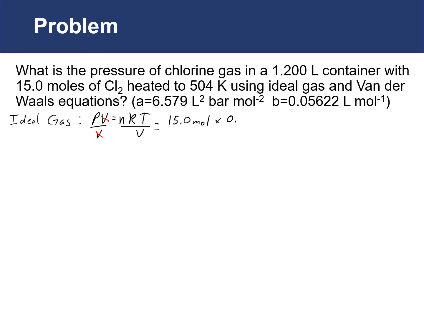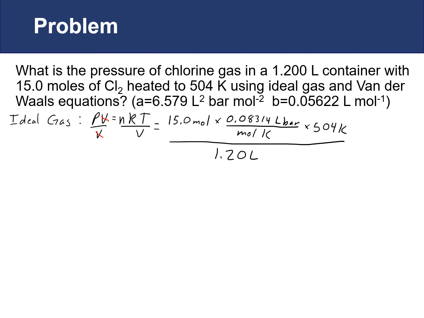So we're going to be using 0.08314 liter bar per mole Kelvin. Okay, and then I'm going to take this, multiply this by our temperature, 504 Kelvin. Take all that and divide it by our volume, which is 1.20 liters. Canceling things out, our moles cancel out, our Kelvin cancels out, our liters cancel out, which would leave us with bar. If you plug this in to the calculator, you'll get